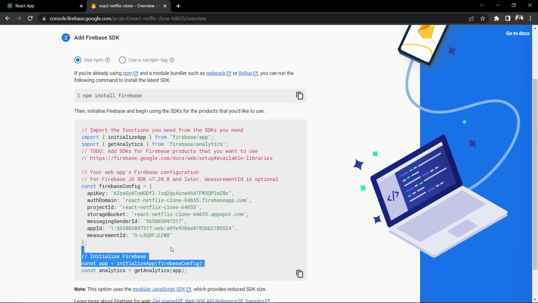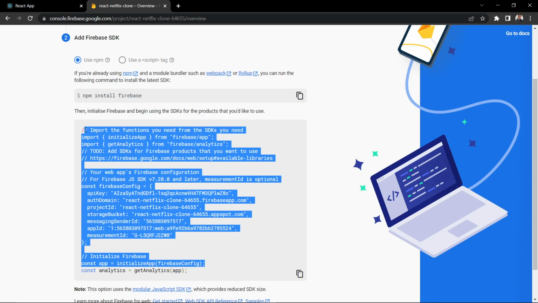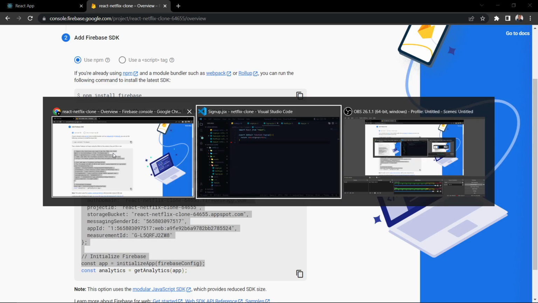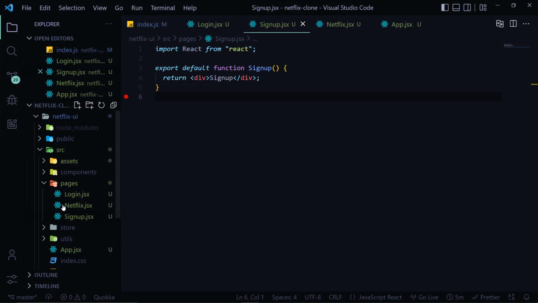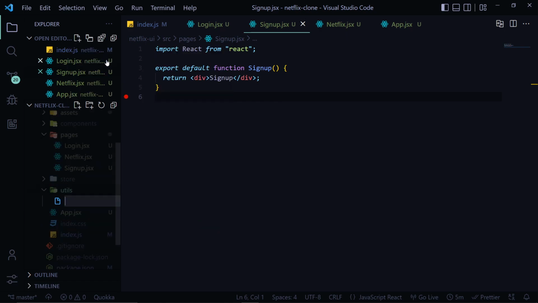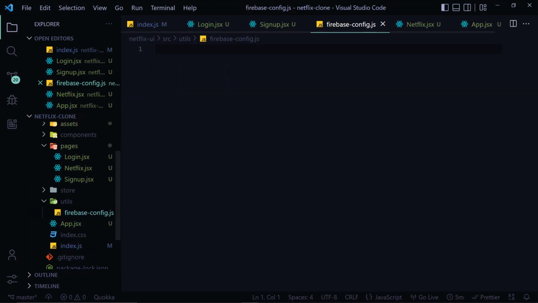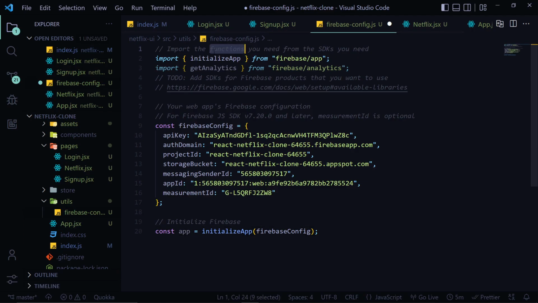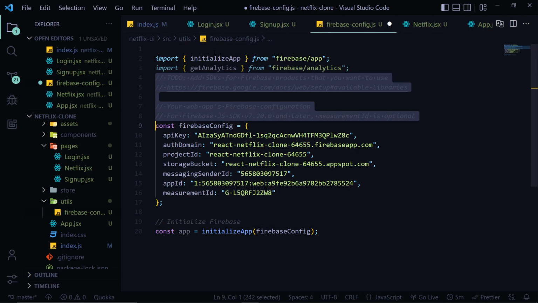We'll do one thing. I'll copy all of this and head over to I think utils here, and inside here I'll create a new file as firebase-config.js. I'll paste it here. We'll remove the comments here because we don't need this,